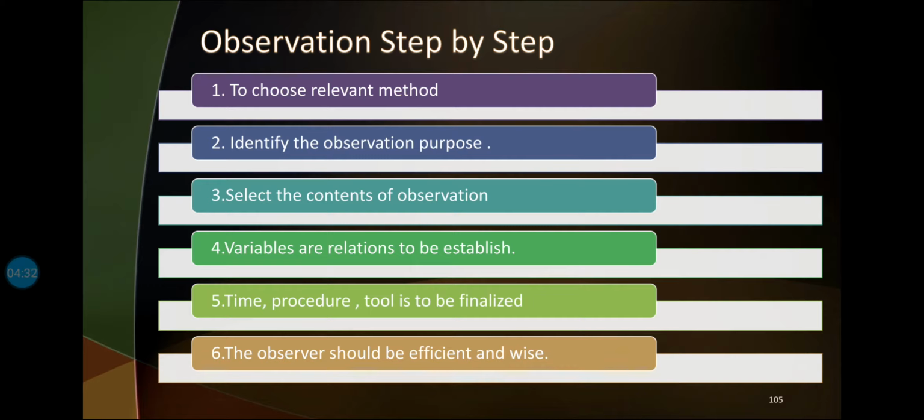First, we will consider the social study. If the research is related to social behavior, if it is related to taking interviews of individuals, then the questions should be why you want to take the interview, what you want to ask that person, what you want to read from it, what conclusion you want to take out, when you will conduct your interview, how you will conduct your interview, what you will take with yourself: recording cameras, photographers, some other equipment, an audio recorder, and finally the observer should be efficient and wise.